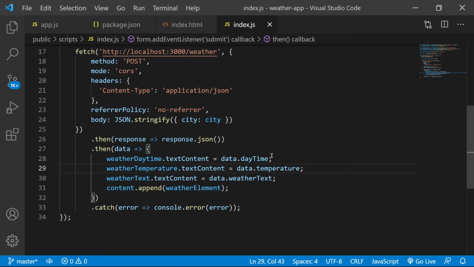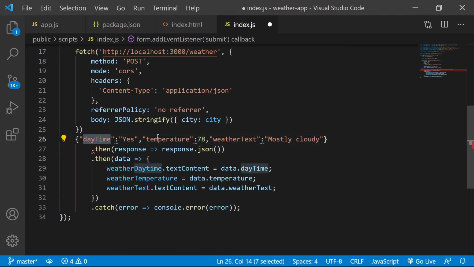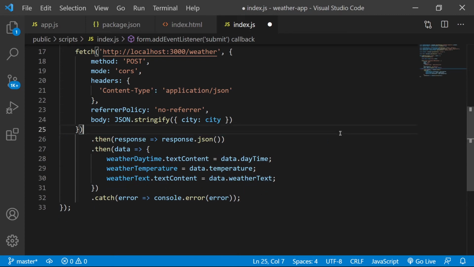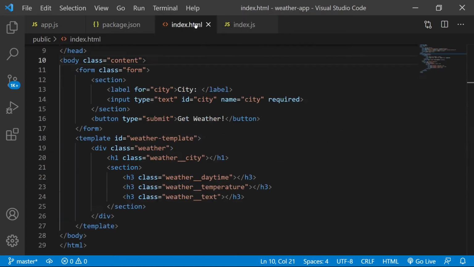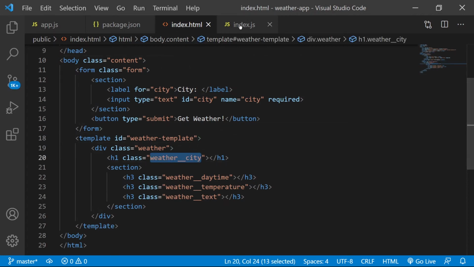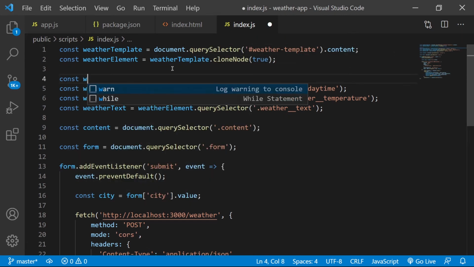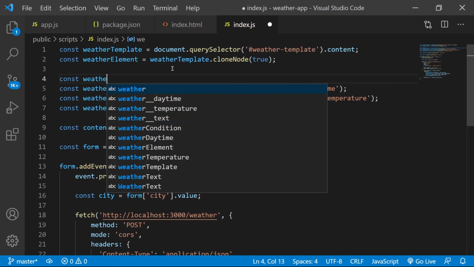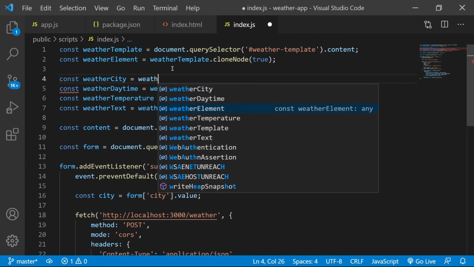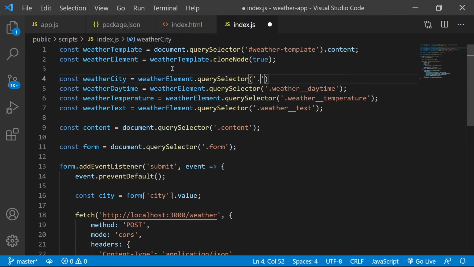I feel like I made the same mistake I made last time. Let me just make sure I'm daytime, temperature, and weather text. Okay. Now I remember that we need weather city, right? Do I already have that one? I never created that one. So let's do const weather city is equal to weather element query selector weather city.